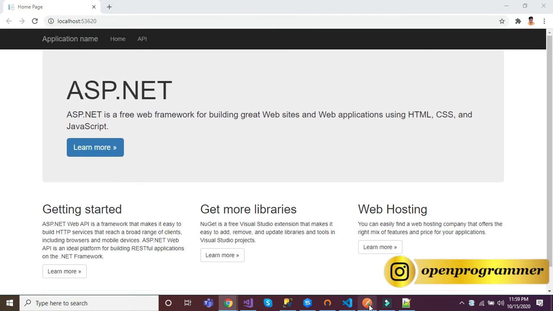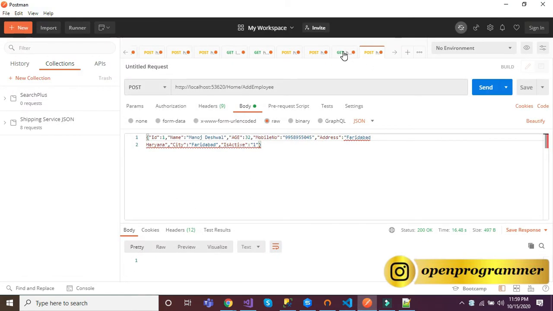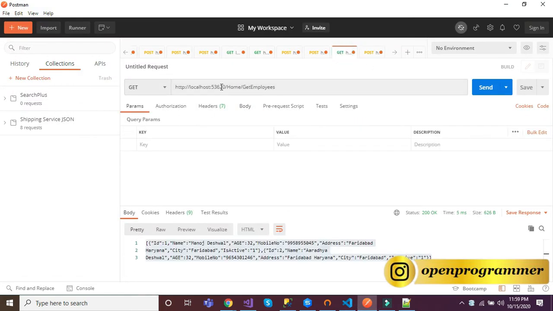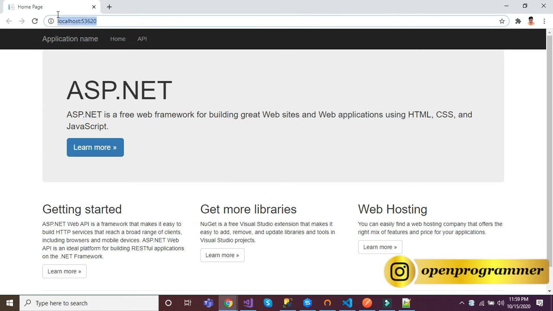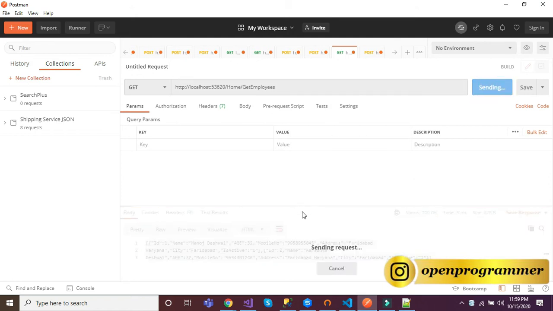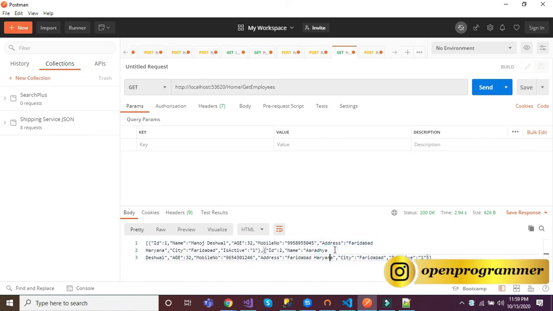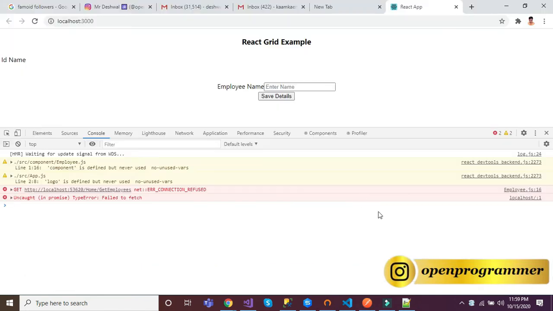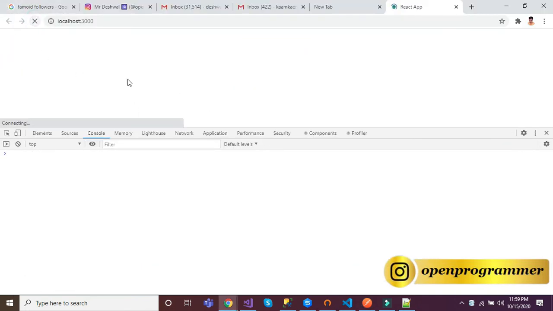Let me show you the get method from Postman also. This is our base URL, and home controller get employee is the method name. If I click on send, yes, it is returning data, perfect. So it is working from Postman, right? But if I try to access it from the React application, let me refresh this page.